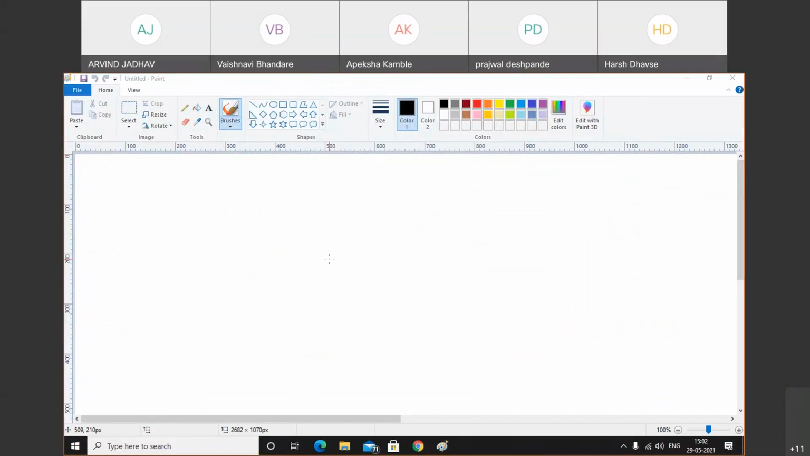Let's start today's lecture. In this lecture, we'll discuss NFS. NFS stands for Network File System. It is used to store centralized data. If some organization wants to store centralized data, let's